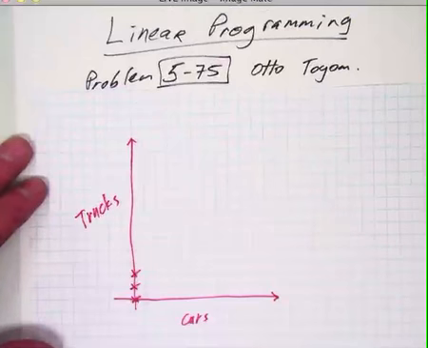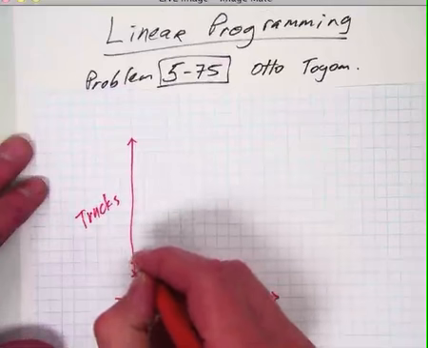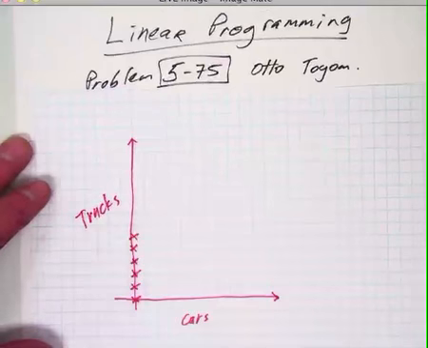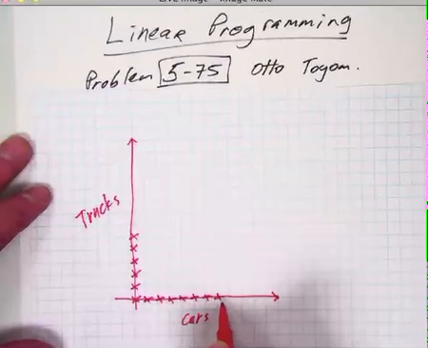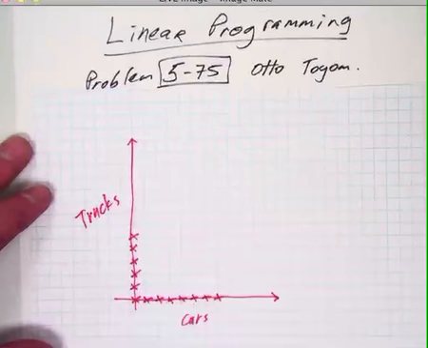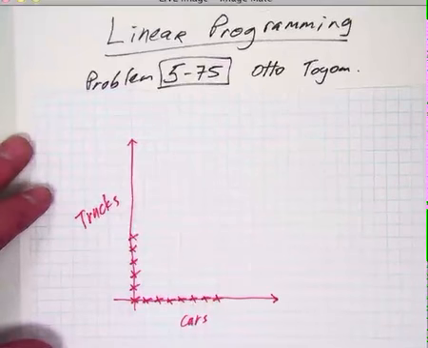Eventually you have to stop and figure out that the most trucks he could possibly make without any cars is 5. The reason why, 1, 2, 3, 4, 5, is because each truck takes 3 gas tanks and he has 15 total gas tanks, so the most he could make is 5. And then you'd go over to cars. How many could he make? It turns out to be 1, 2, 3, 4, 5, 6, 7 as the maximum number of cars. He can make 7 cars because they each take 2 seats and he's got 14 seats available if he made